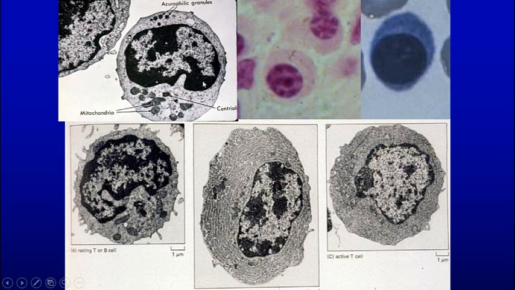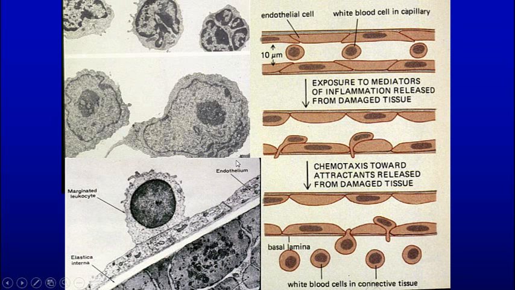So here we can see lymphocytes here and here, and the lymphocytes give rise either to T cells or, in this case, plasma cells that produce antibodies, or this is a T cell. So this cell gives rise to this one, which is the same as that one, which has a lot of cytoplasm, and that's rough endoplasmic reticulum. But we don't see granules because it has a constitutive secretion. As soon as it produces it, it's gone. It doesn't store its secretions. If you need more antibodies, you need to get more